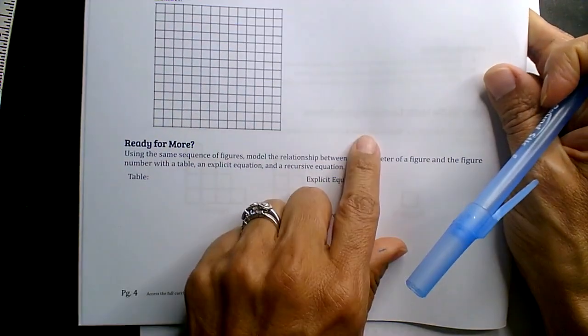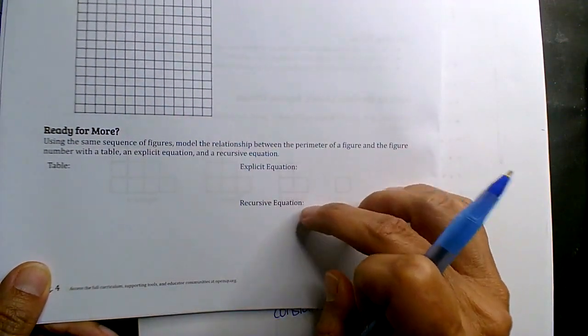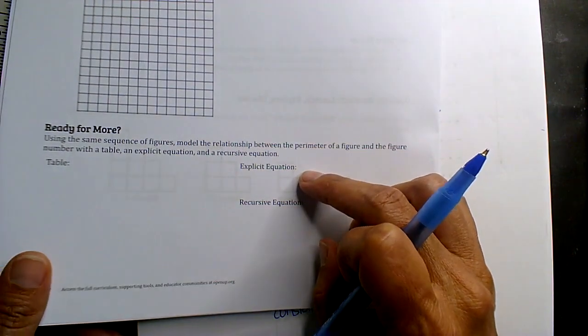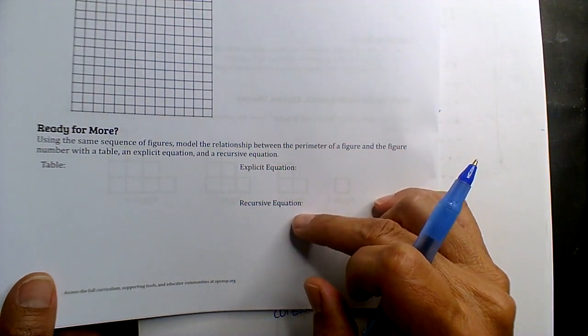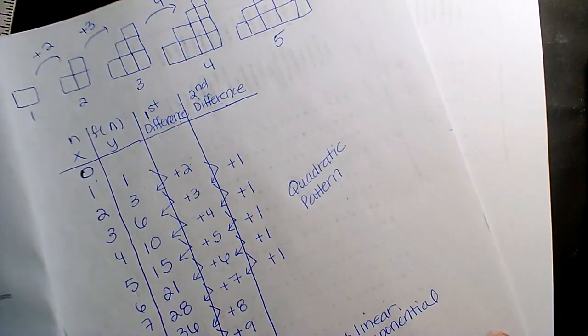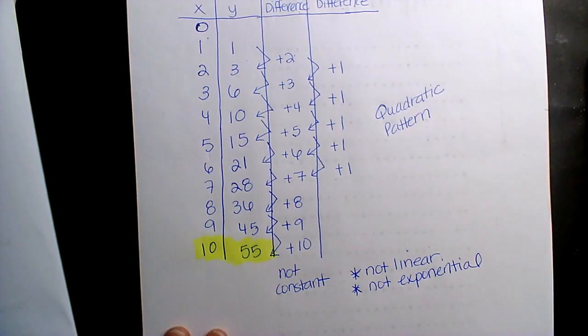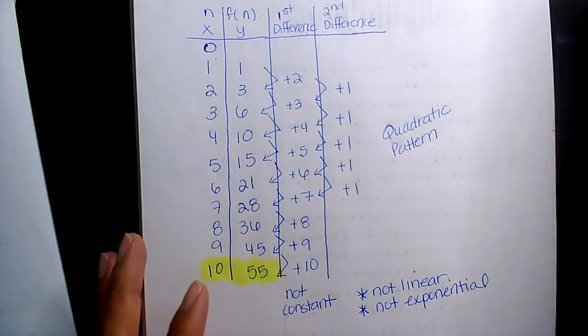Okay, look, explicit recursive. And so it asks for a table. There's my big table. Okay, explicit recursive. I'm going to write recursive first and then explicit. Recursive tends to be the easier one. You guys tend to be better with this than explicit. So let's go recursive first. All right, if I want recursive,